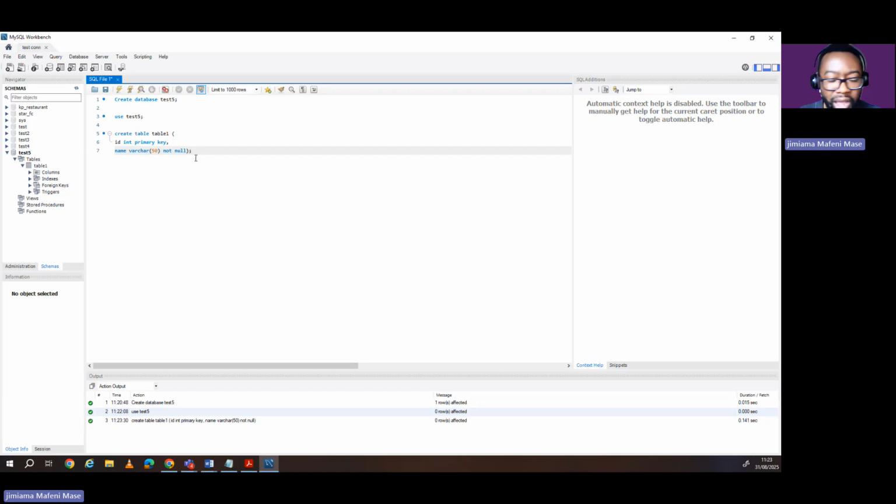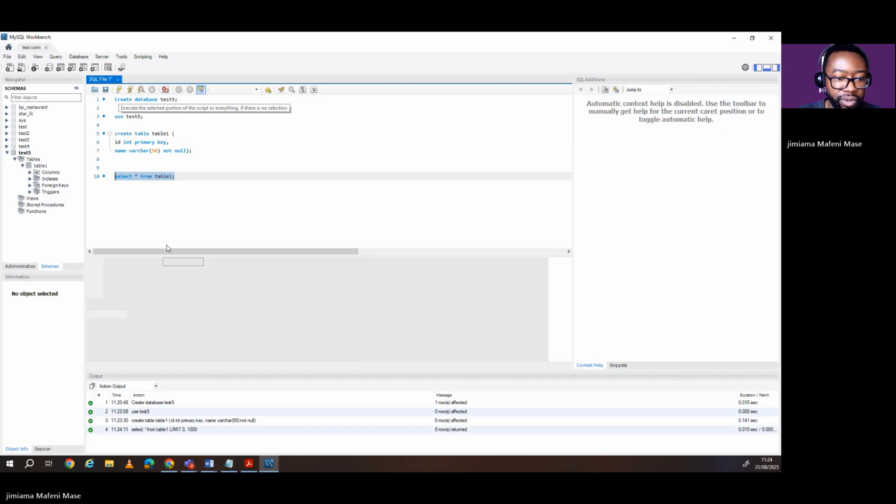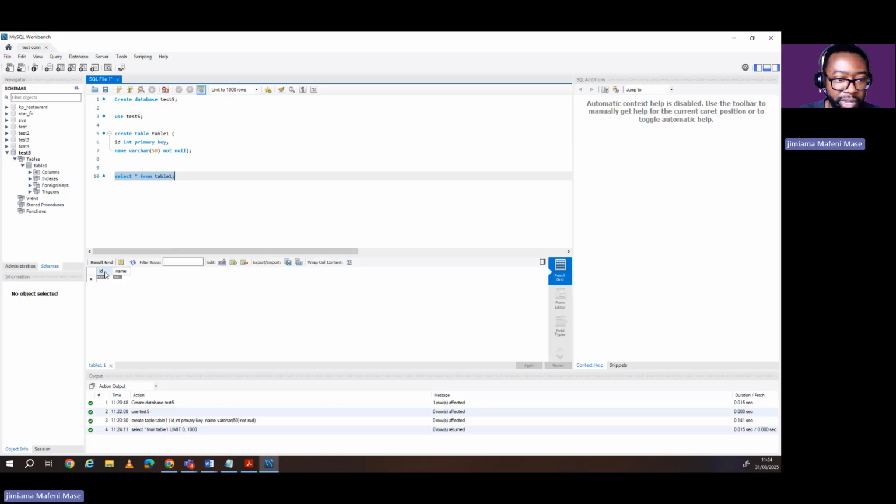And let's check if our table actually has data. Remember, to retrieve data from a table, we use the select keyword. So if you put select star from table 1, we expect to see all of the data within table 1. If we execute this, we see that our table has no information. So you see null, null. So there is no data within our table, and you can now use the insert into command to insert data